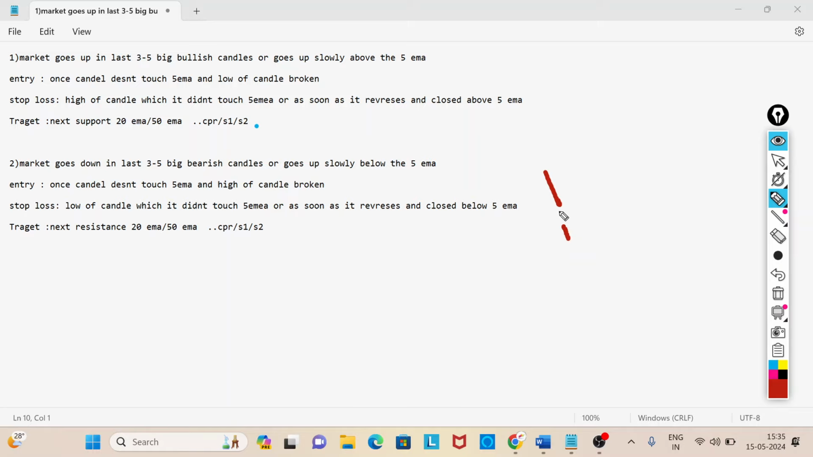Never mind. As I said, this is the first time I am trying these things, so it's a little difficult. Like, the market goes 3 to 4 candles down,